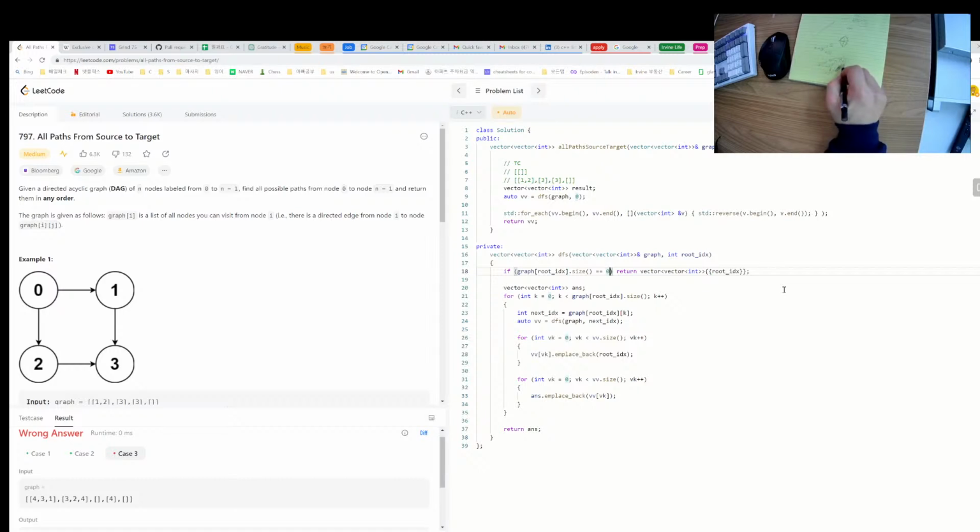Then 2 is not the right end. 4 should be the right end, right? So in the case,